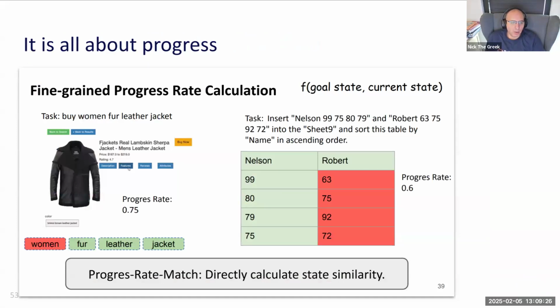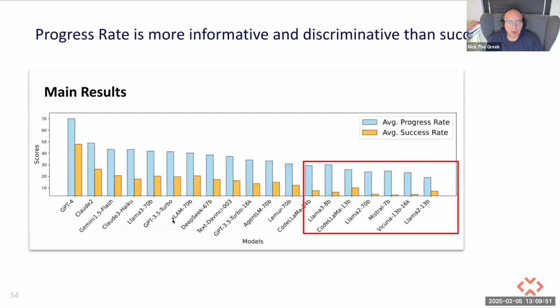And of course, the agents are also very useful in other tasks. A website is another simulation engine where you want to buy a women's fur leather jacket. And here, of course, it found everything. So it has a progress rate of 75% because it's about to buy a jacket that is fur leather, but it's not for women. And the paper talks about how you define the progress rate, because you need to find states, and sometimes you're not exactly in that state, but close to that state. But there's some interesting